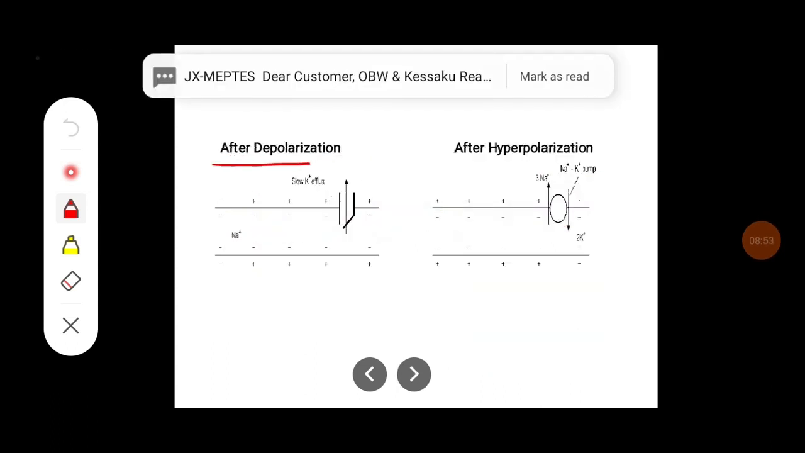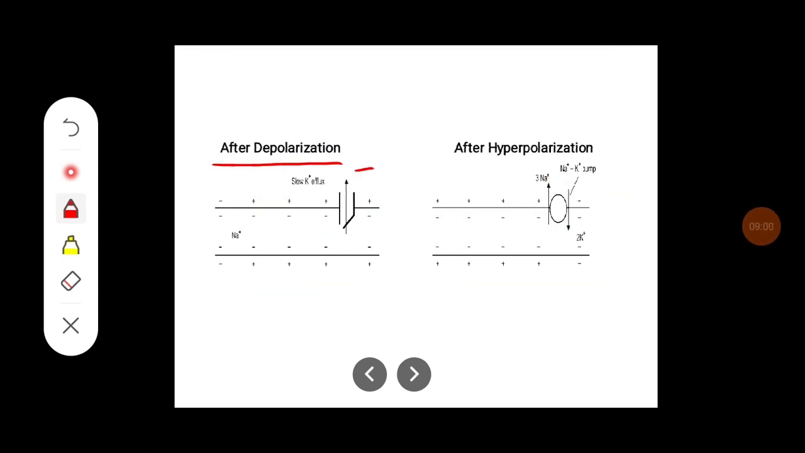So this is the ionic basis of after depolarization. It mainly occurs because of the increased potassium levels outside, so that is why the potassium efflux is delayed, and the repolarization process is delayed in this part. And hyperpolarization occurs because of the continuous or delayed closure of the potassium channels, and the membrane potential goes beyond the resting membrane potential, and then it is recovered by